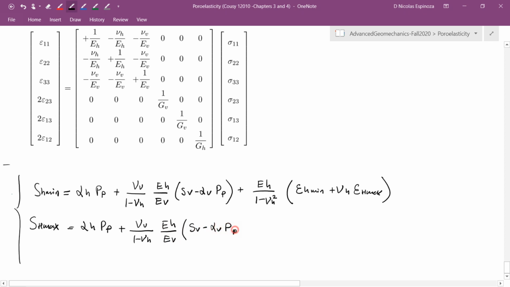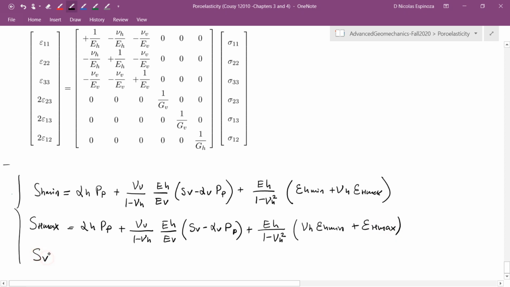By the way, if you want to do this derivation, it takes about 2 pages, and it's not too long, but it's definitely doable in less than half an hour. Okay, so now nu H goes with this one, and this is epsilon H max,